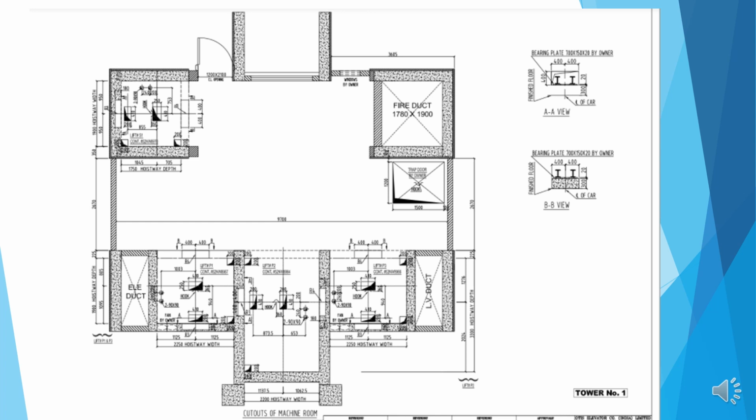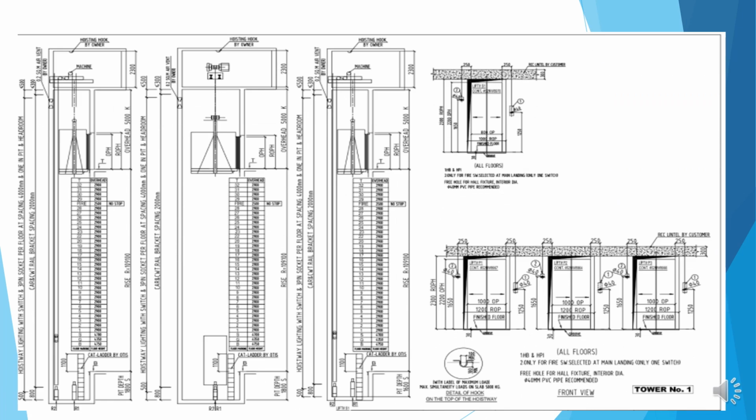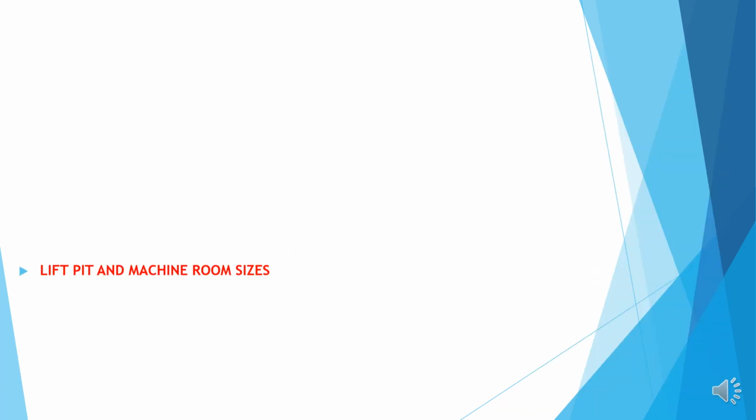Here again I am trying to show you the sketches of all the 4 elevators. You can see here these are the pockets which are to be positioned at machine rooms. All these details will be provided by the lift vendor. Here is a section of the elevator showing the floor heights and other locations, the highest point, and how the car has been moving down. These drawings also shall be provided by the vendor.